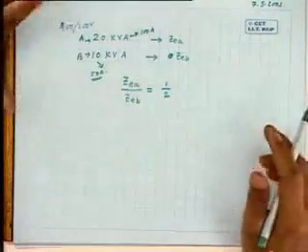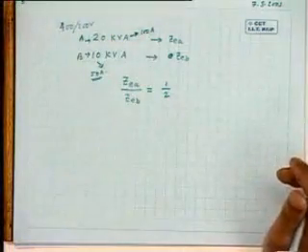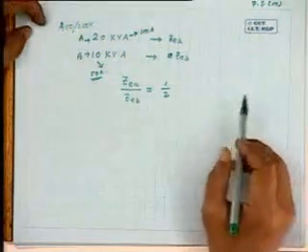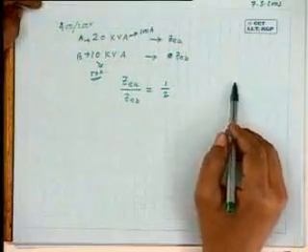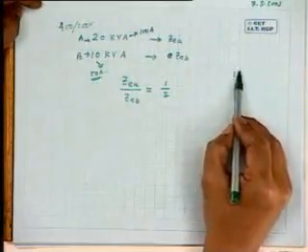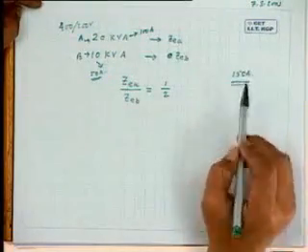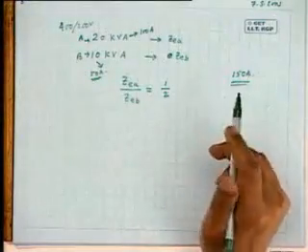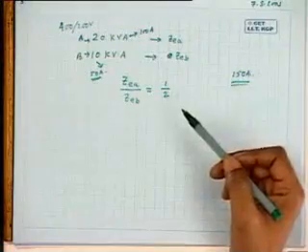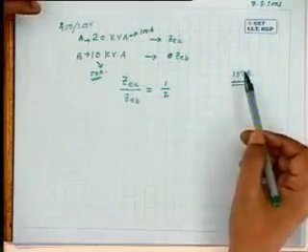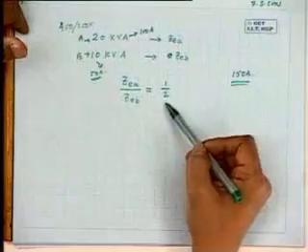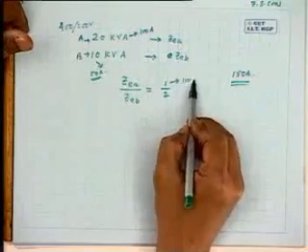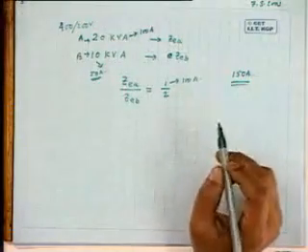So 50 ampere is the rated current, and 100 ampere is the rated current of the secondaries of these two transformers. Suppose the load current is 150 ampere. How much will flow through transformer A and how much will flow through transformer B, whose leakage impedances are in this ratio? So 100 ampere will flow through this one.